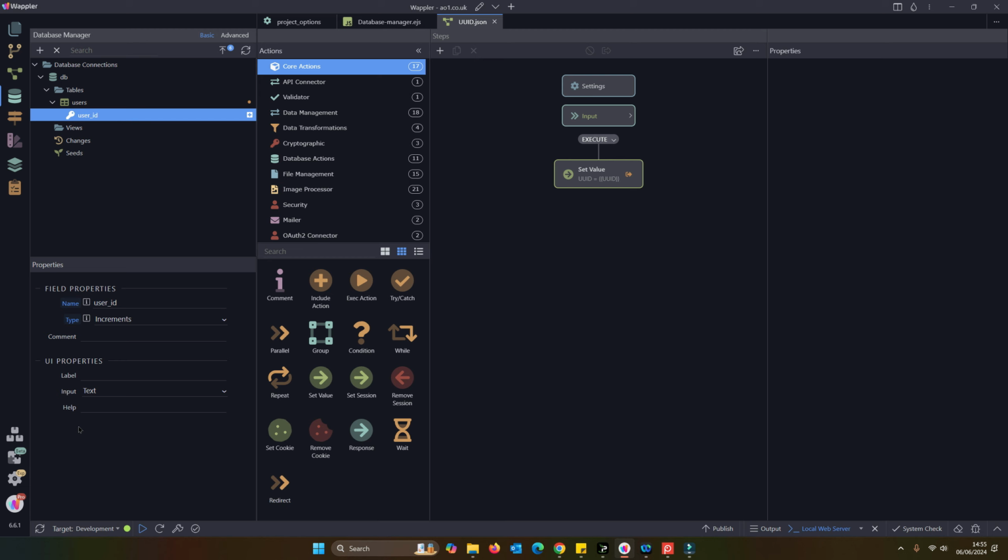And this part is in preparation for that. It's still not live. We don't know how far away that is. I have checked with George, and it's still in the melting pot, as it were. It will come eventually, but there we will be able to give some details of the UI properties, the label and the help, etc., and the type of input, and you can see all the different types of input there. But for the moment, that's not live.